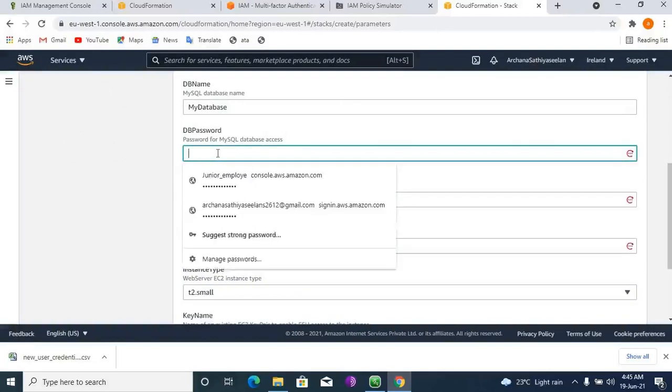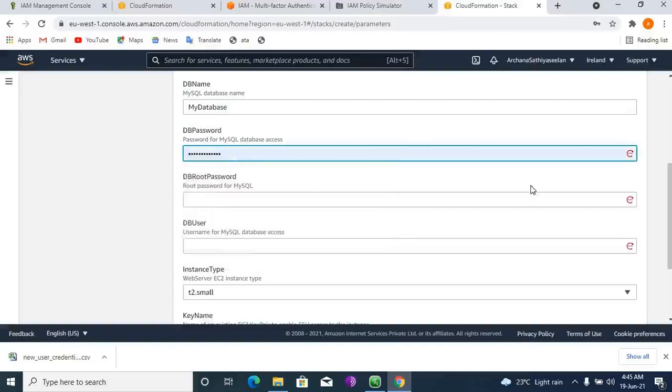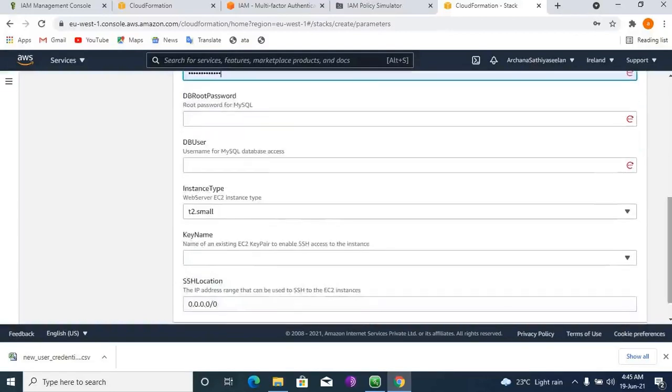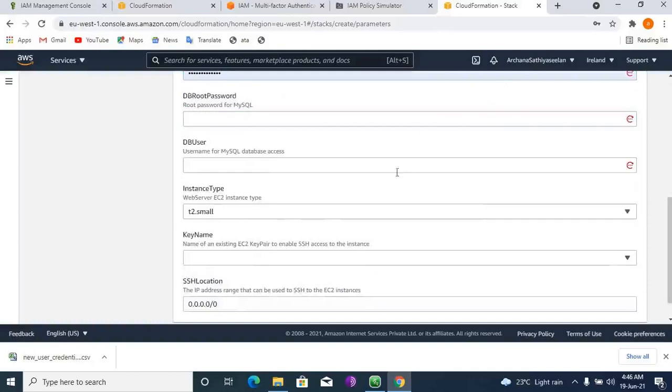You can give your database password. You can also create a new root password for MySQL. Now I'm not creating one.